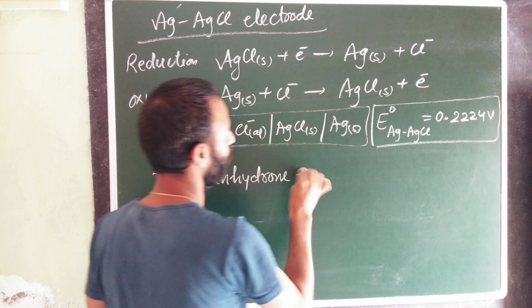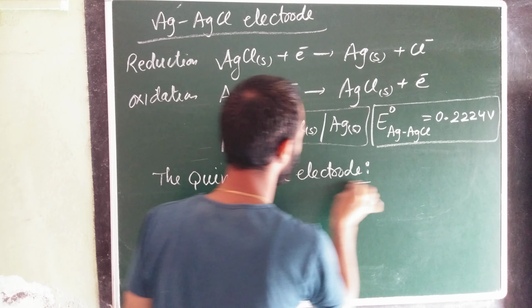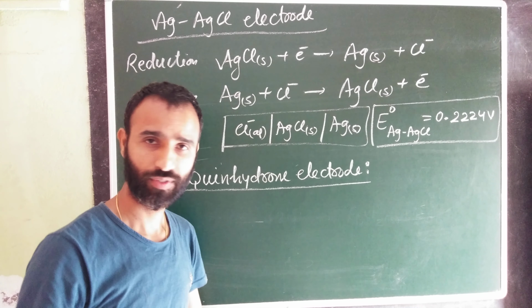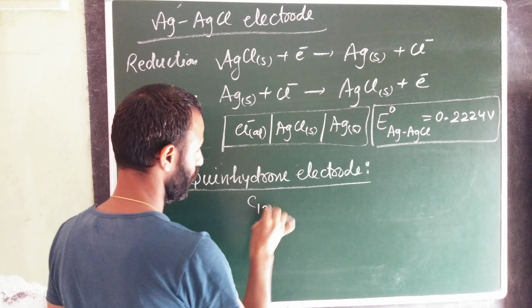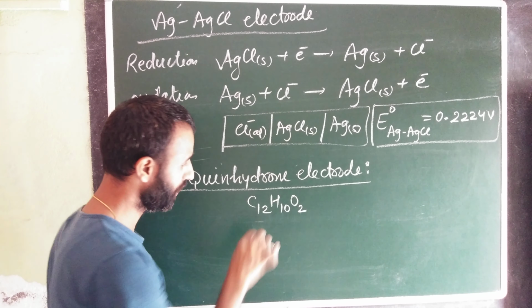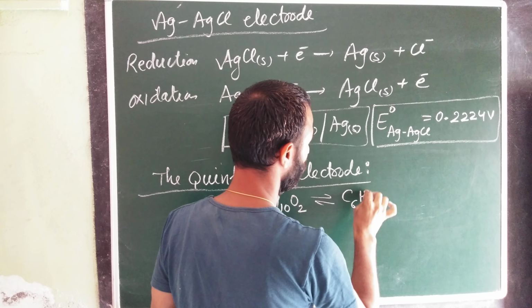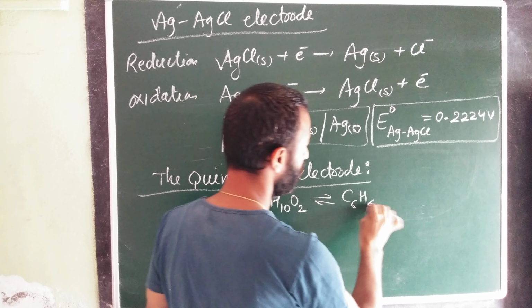Actually, quinhydrone is an organic compound which is partially soluble in water. It is C12H10O2. When it is dissolved in water, it changes into an equilibrium mixture of